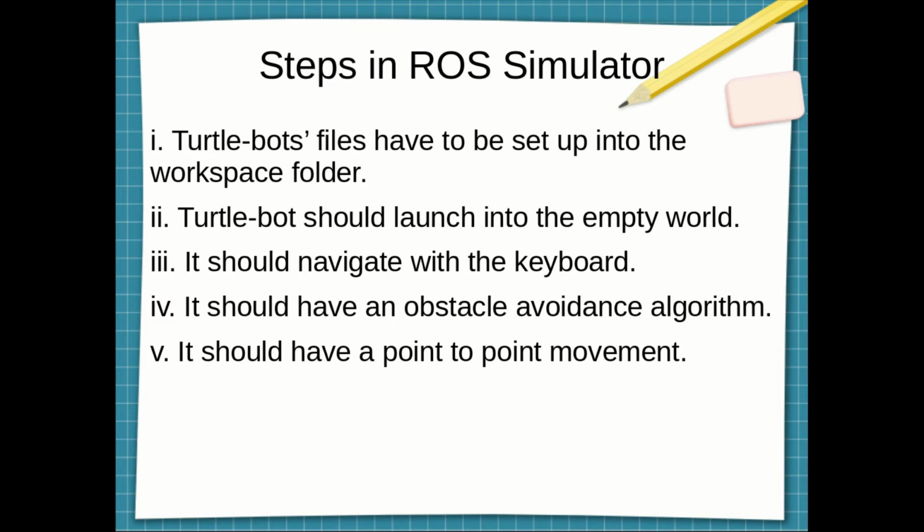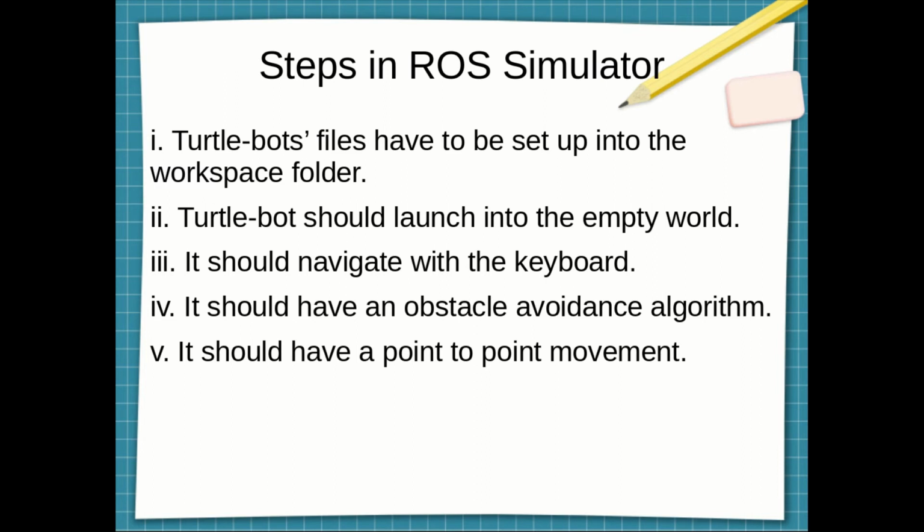Okay, then the robot should have an obstacle avoidance algorithm, which is very important, using for example the robot's laser or lidar, I don't know, whatever it has, and then it can move away from the obstacles if there is anything in front of the robot. After that, the robot should be able to move from an existing point to the goal point that it should go and access